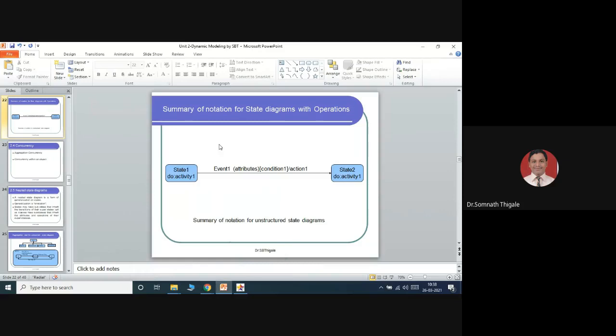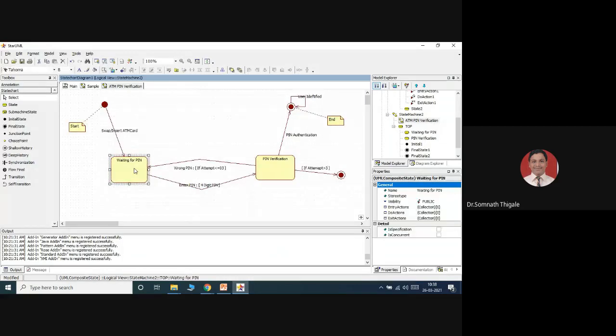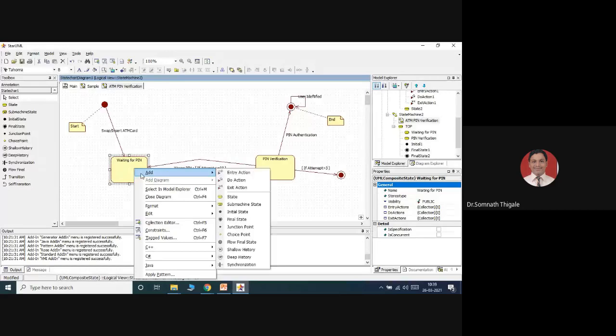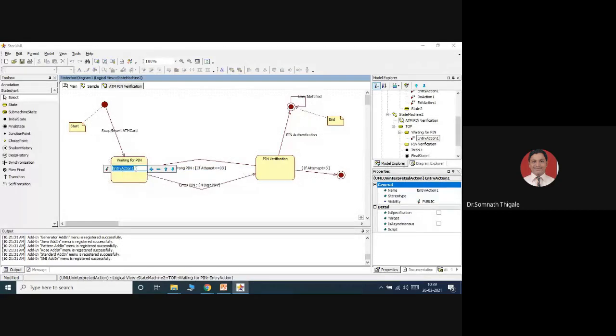Now we need to discuss the operations inside the state. So let's continue with the same example. Waiting for pin. What is the entry action for this? I will add entry action here. Entry action is swipe ATM card.